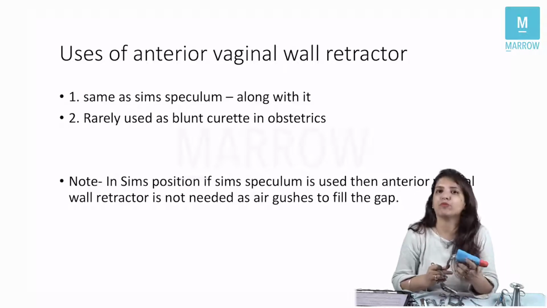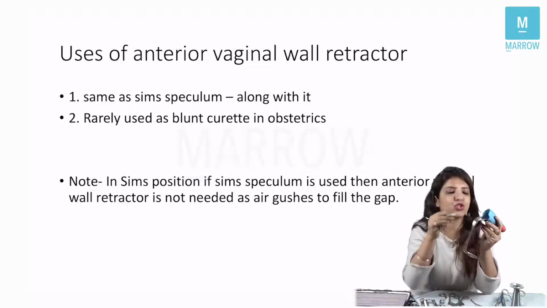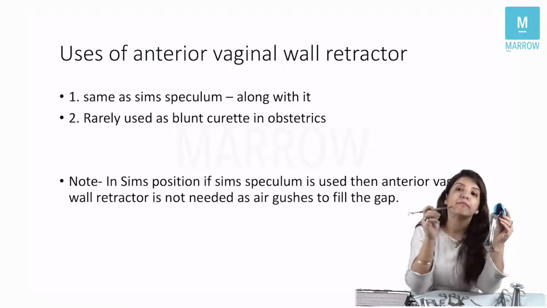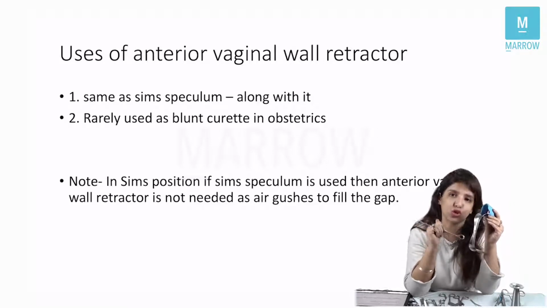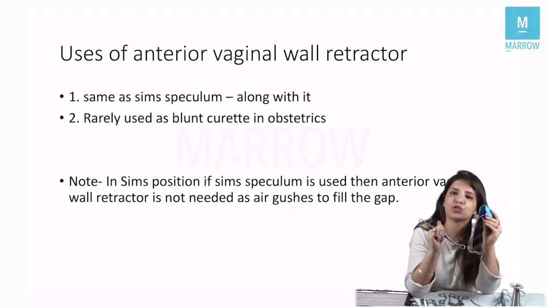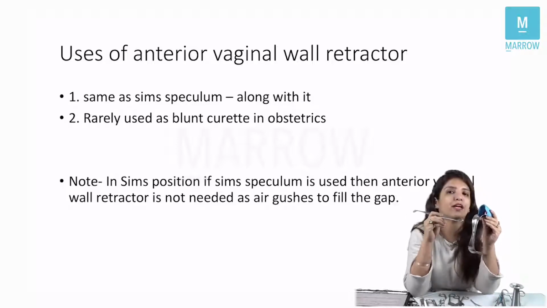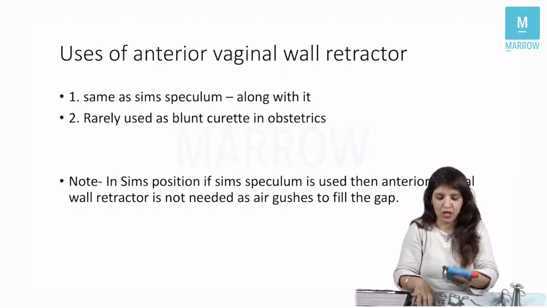One thing you have to remember is that normally a Sims speculum is used in conjunction with the anterior vaginal wall retractor, but if you are using the Sims speculum in Sims position, and I'll tell you what Sims position is just now, in that case you don't need an AV retractor. Why? Because in that case, air will come in and it will open the walls of the vagina, right? So,